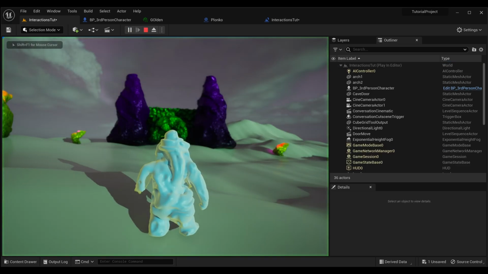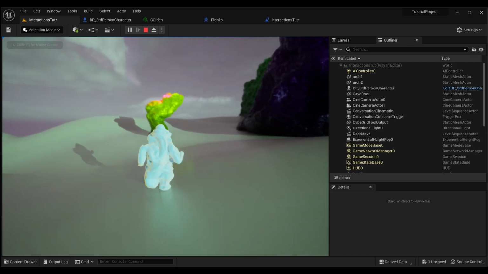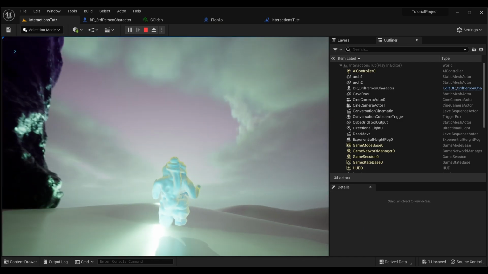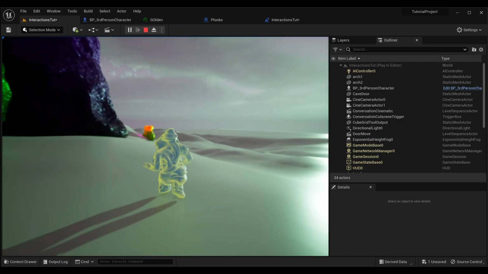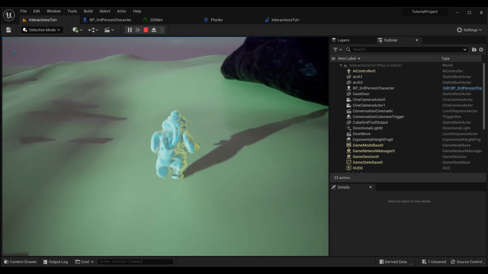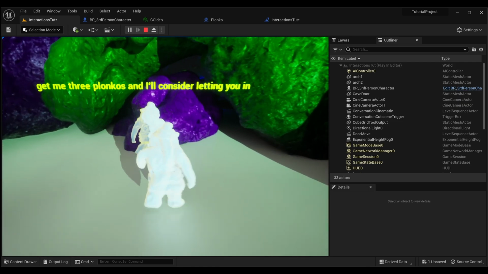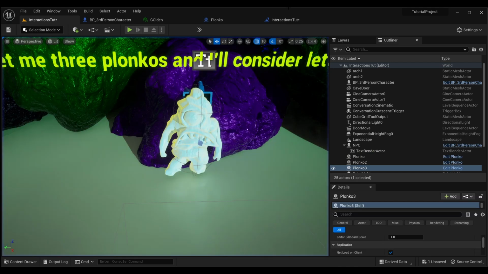Alright, let's have a look and see how that works. So we've got 1 Plonko, 2 Plonkos, run over here, 3, perfect. So we've picked up 3, and now we need to like trigger the animation after we pick up